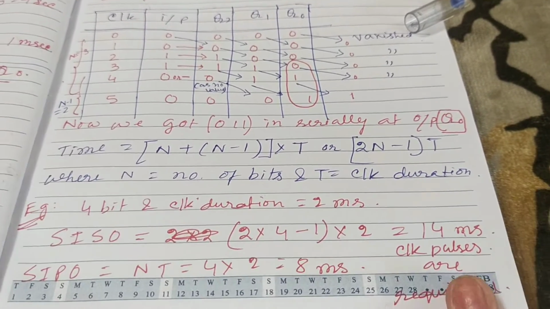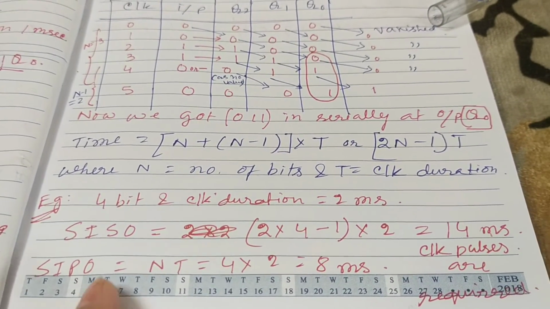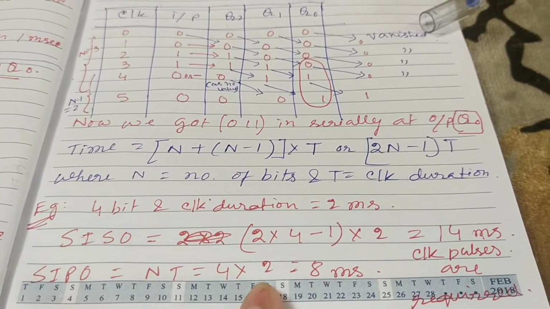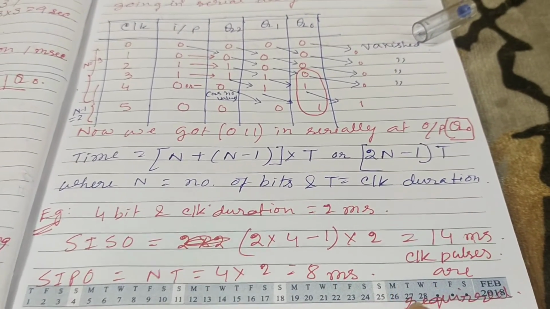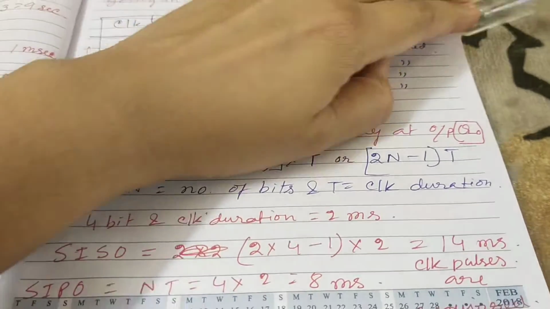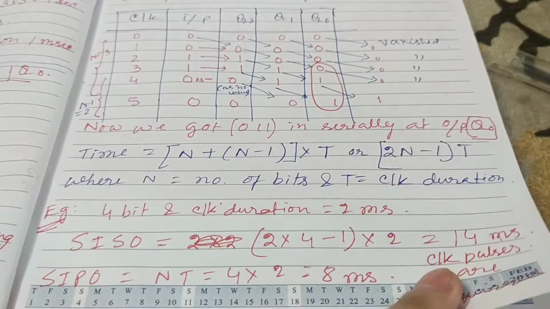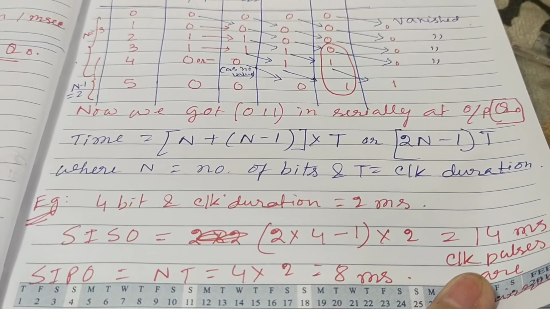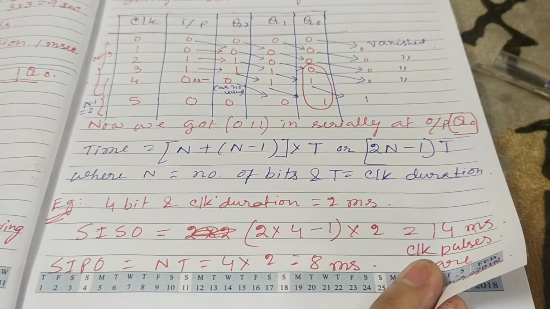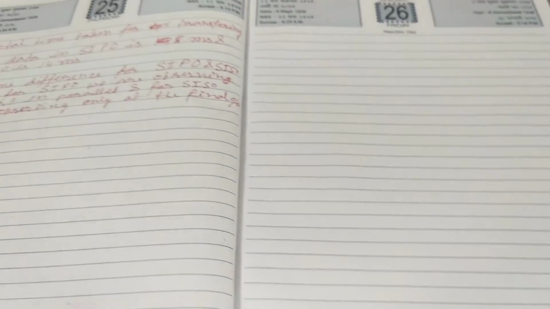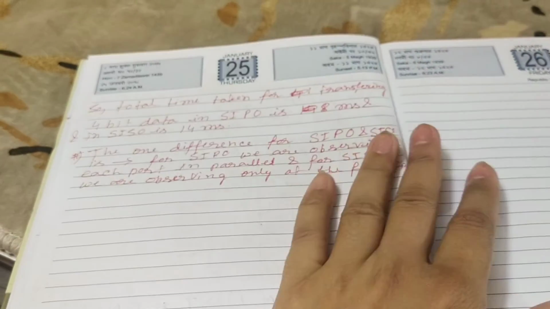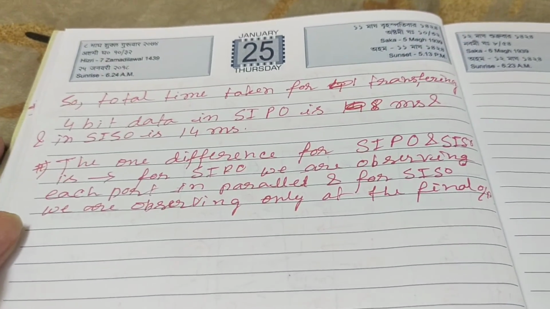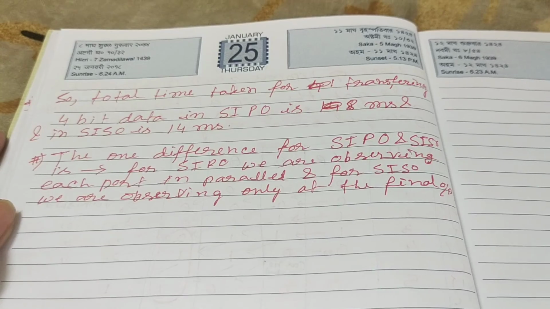14 milliseconds of clock pulses are required for the SISO. But in case of SIPO, it is n into 2, that is 4 into 2, 8 milliseconds. So in SIPO our clock time duration for transferring data is very low, and so there are some differences between SISO and SIPO. What is that? So total time taken for